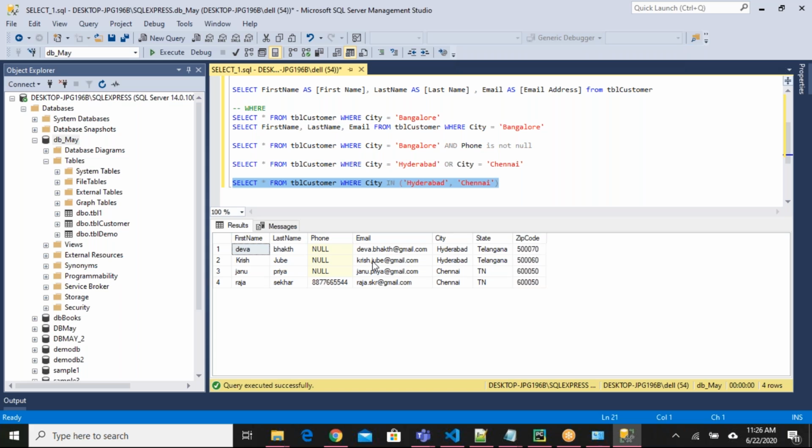Also, when we want to compare with another select statement. In another table, you have all the cities information. For example, here you can write one subquery like select star from TBL customer where city in, and within the parentheses, you can provide another query also. When you are providing another query, it will give a collection of data. So in the collection of data also, you can check your condition.